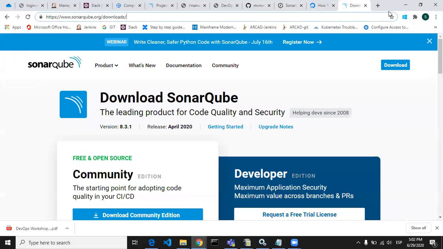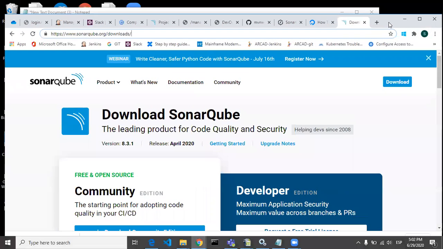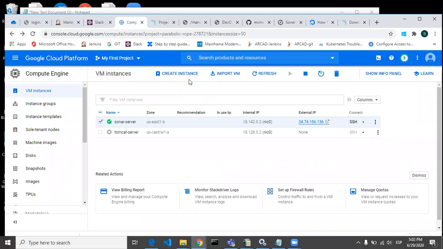But I am going one step ahead here. I'm not going to install it on localhost. I am using Google Cloud Platform, where I have installed SonarQube on one of the virtual machines. In Google Cloud Platform, I went to Compute Engine and created an instance as a Sonar server.